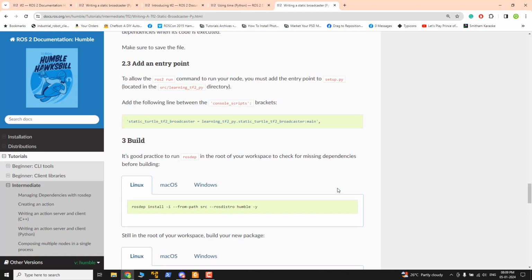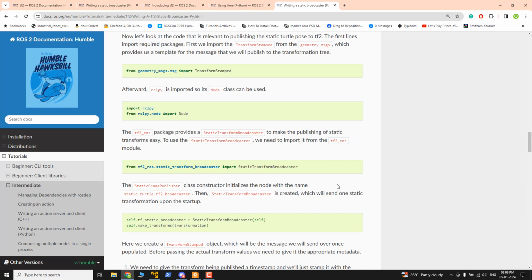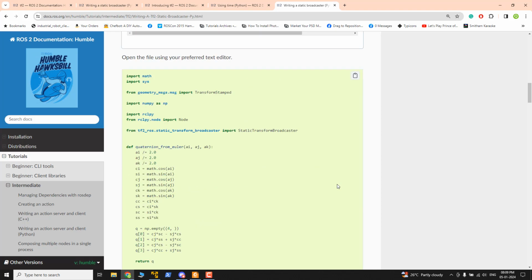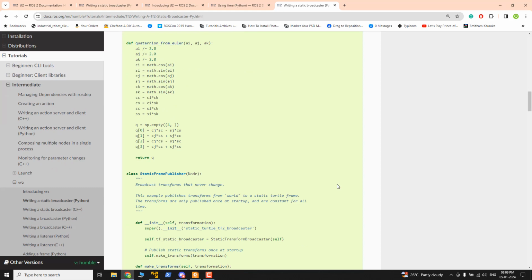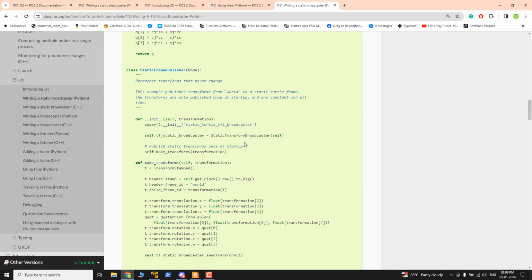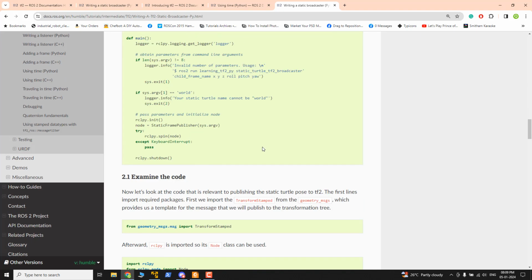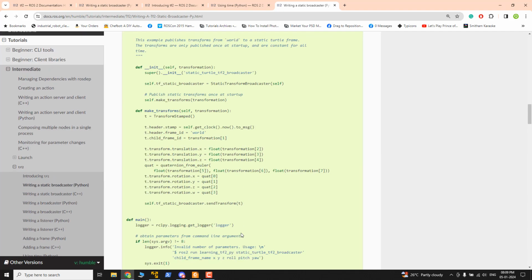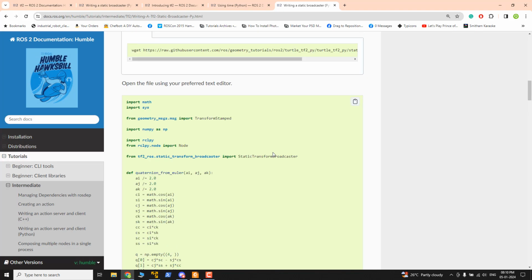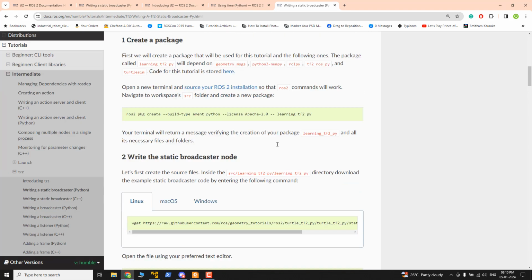The second method is to write a program basically. Here they demonstrated using a Python ROS node. There are some Python TF2 ROS APIs which will help you to publish the static transform. Okay, so this is actually the node, and I can first demonstrate the node. So basically the node,